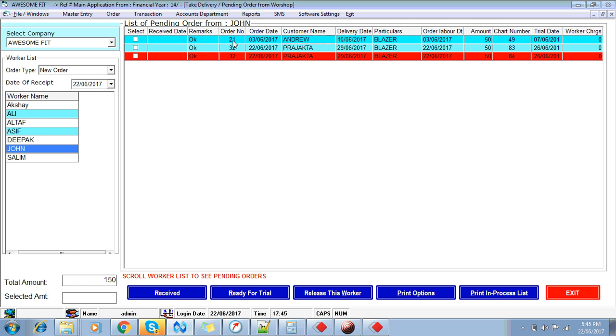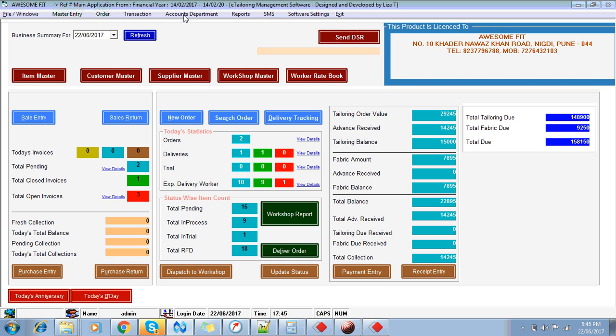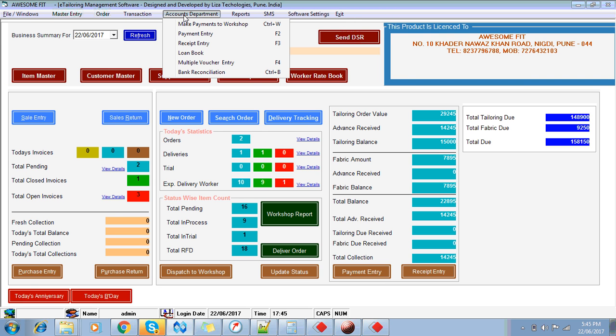तो इस तरीके से ये एक स्टेप पीछे जाता है। फिर यहाँ से आप रिलीज दिस वर्कर करोगे ना, तो फिर एक स्टेप पीछे जाएगा। अगर आप बोलोगे कि ये वर्कर ने बनाया नहीं था यार, किसी ने तो गलत मार्किंग कर दिया, पूरा रेडी फॉर डिलीवरी तक आ गया वो, ठीक है, तो आप एक स्टेप पीछे भेजोगे वर्कर पे, फिर वर्कर से रिलीज करके पीछे ले जाओगे, फिर वहां से दूसरे को असाइन करोगे और लेकर आओगे। इस तरीके से होगा। इसमें वर्कर पेमेंट भी है, डिलीवरी जैसे अभी आपको दिखाया, वर्कर पेमेंट भी है। मेक पेमेंट टू वर्कशॉप में जाएंगे,